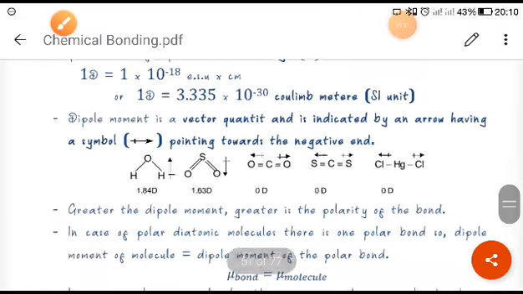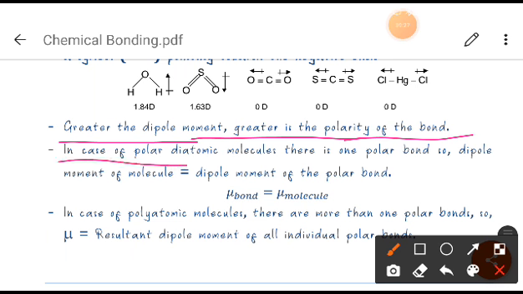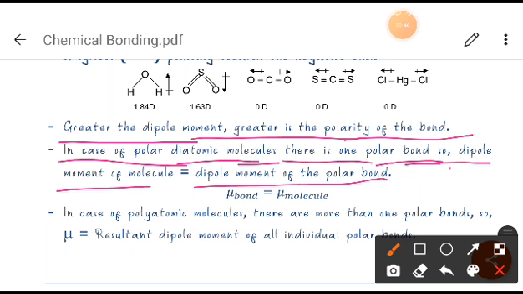Now next, greater the dipole moment, greater is the polarity of the bond. Polarization and polarity we have learned in the previous chapter also. Now next, in case of polar diatomic molecules, there is one polar bond, so the dipole moment of the molecule will be the dipole moment of the polar bond, right? If there is a case of a polar diatomic molecule, you will see that there is only one polar bond, so at that time the dipole moment of the molecule will be equal to the dipole moment of the polar bond. Okay,